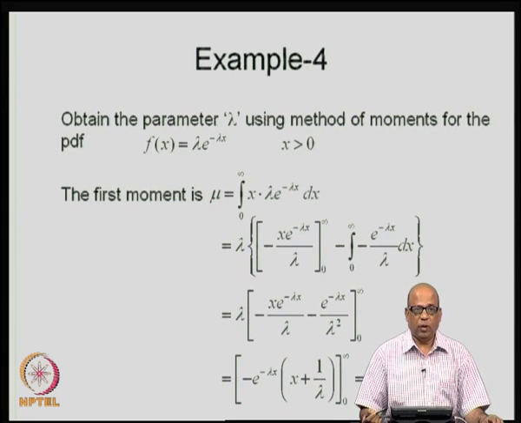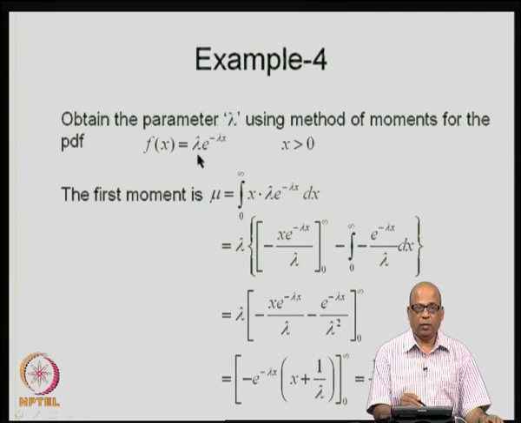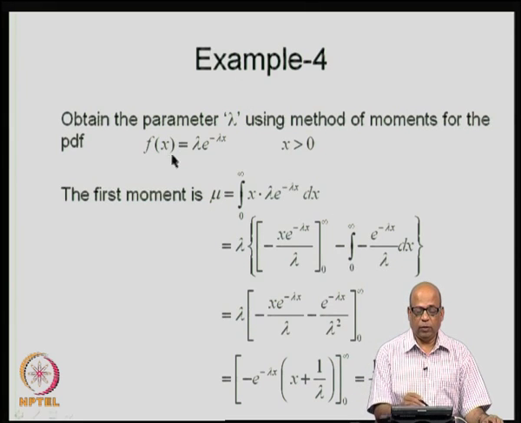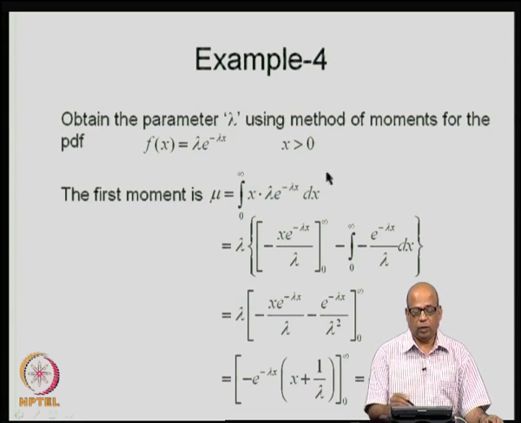So, again we will take the example of the exponential distribution. We have a single parameter lambda here. So, we take the first moment. The first moment of this distribution is mu equal to the integral from 0 to infinity, because x is greater than 0 here, of x f of x dx. So, x into lambda e to the power minus lambda x dx. We integrate this